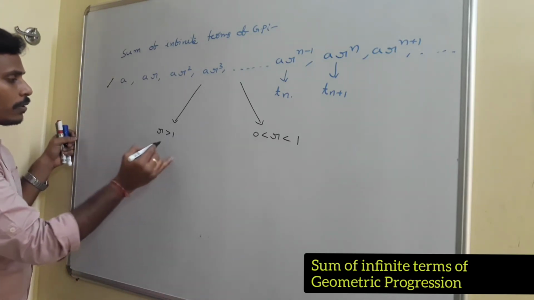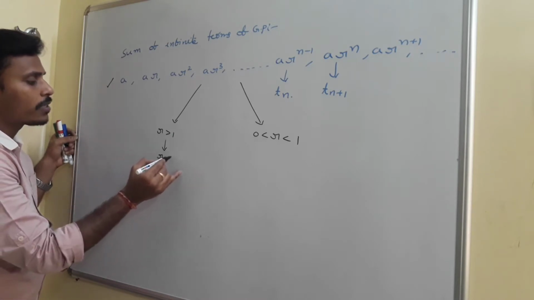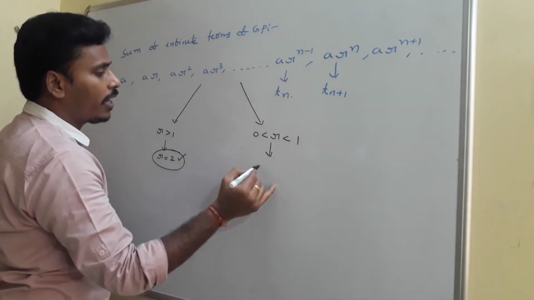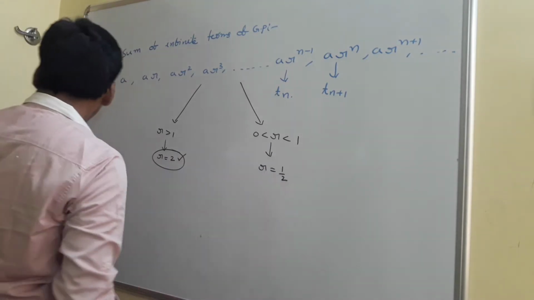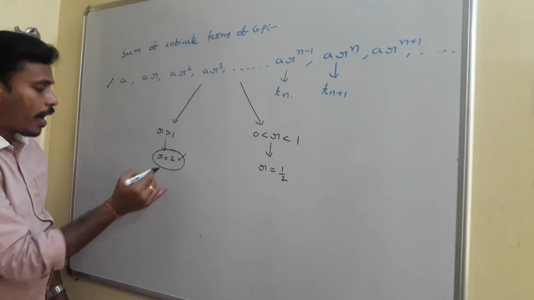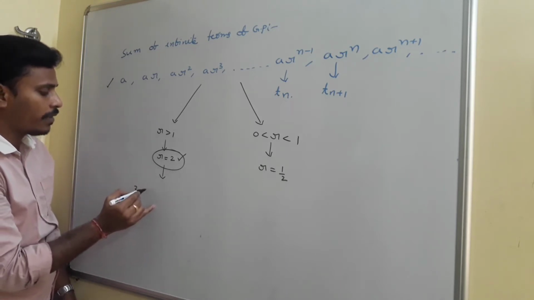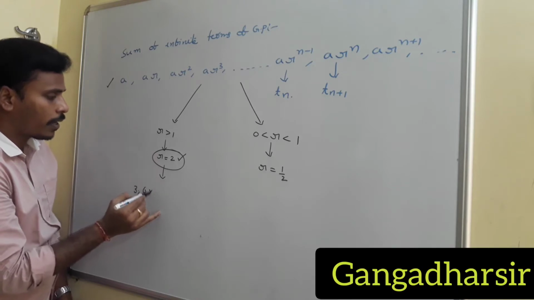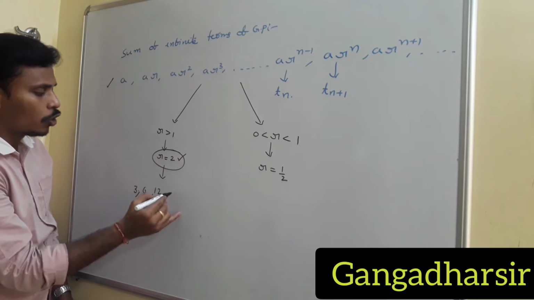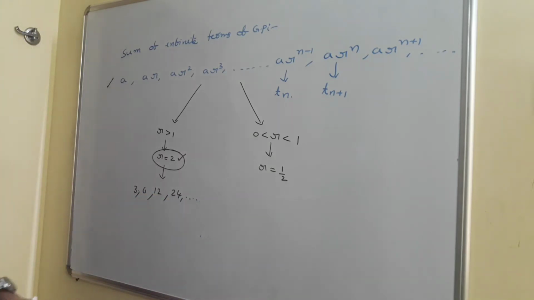For example, you just take that r is equal to, you may say, 2. See, I need to check any value greater than 1, and I need to check any value which is less than 1. You may take it as 1 by 2. So I have two options. In one case r is 2, and in the other case r is 1 by 2. And my geometric sequence here starts with a is 3. If you take 3 and then 3 into 2, 6, and then 3 into 2 square, 12, and then 3 into 2 cube, it may be 24, like that it continues. Right? This is the particular geometric sequence.